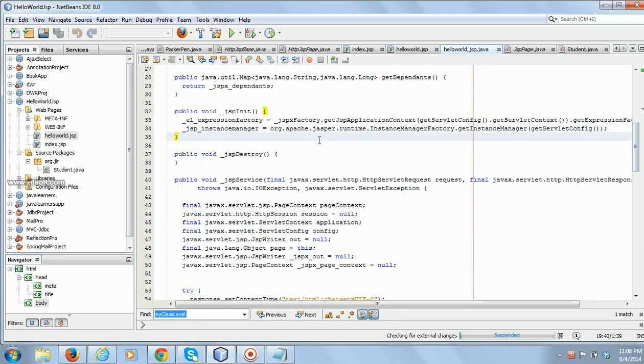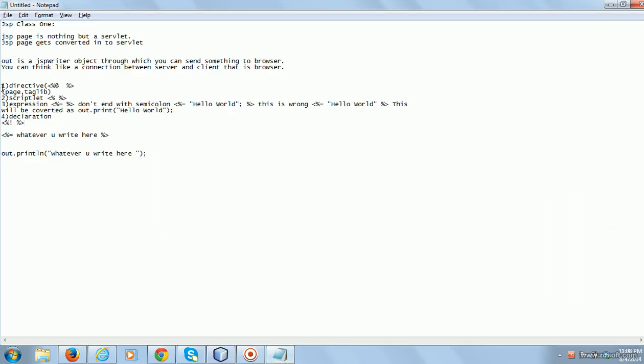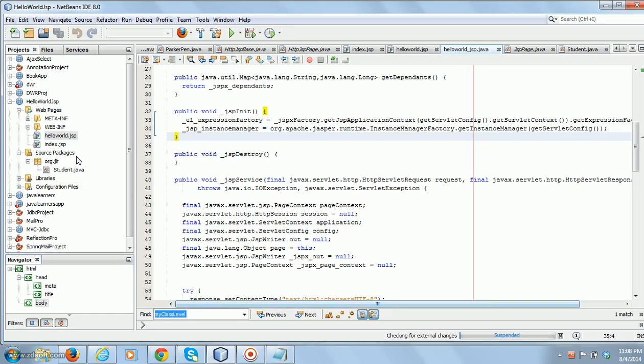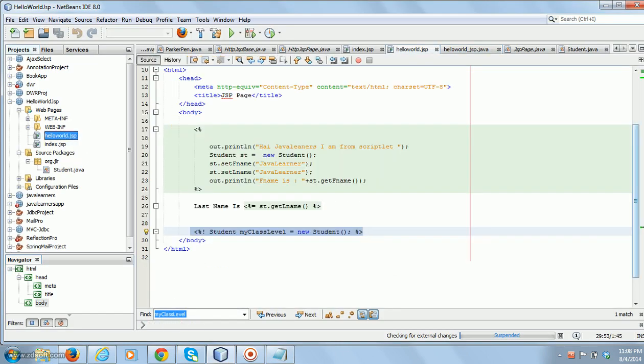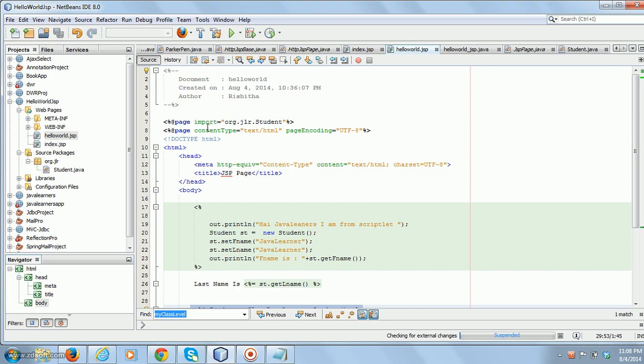In the next coming videos we will see the purpose of taglib, and in detail about directive tags, as there are multiple attributes for the directive tag also. If you observe, import is one of the attributes for the page directive. And there are multiple attributes.